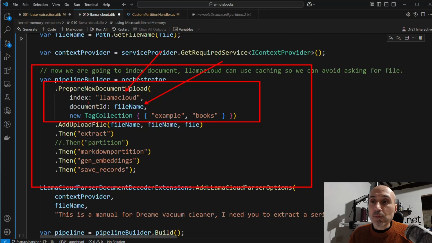Maybe you give a document ID, that's a unique identifier. Usually it consists of the file name if you're indexing a folder in your system. But if the document is contained in the database, it can be the ID of the database. This should be a unique index. It is the unique index of the document. Then you add upload file, where you really specify to kernel memory which is the binary file that contains